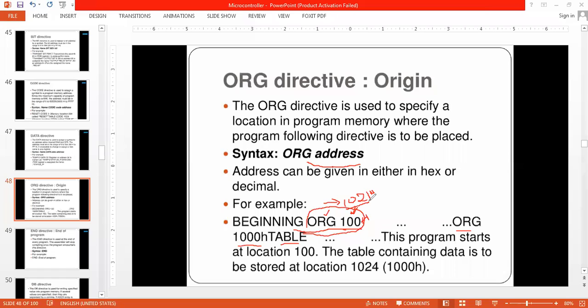From what address it has to be stored, that beginning address is given by this org. So in every program, before starting, I have to utilize this org directive, either for an instruction or for data. Table containing data is to be stored at the memory location 1024H for this example.